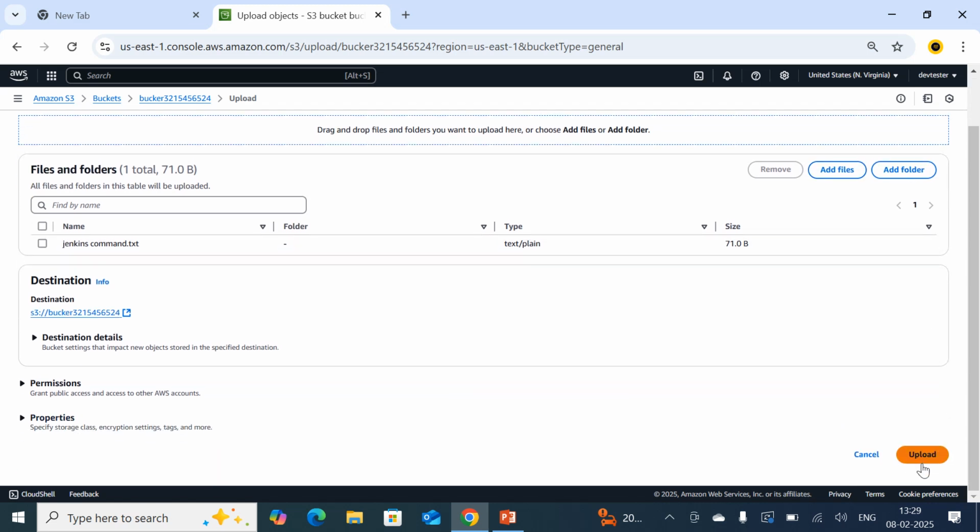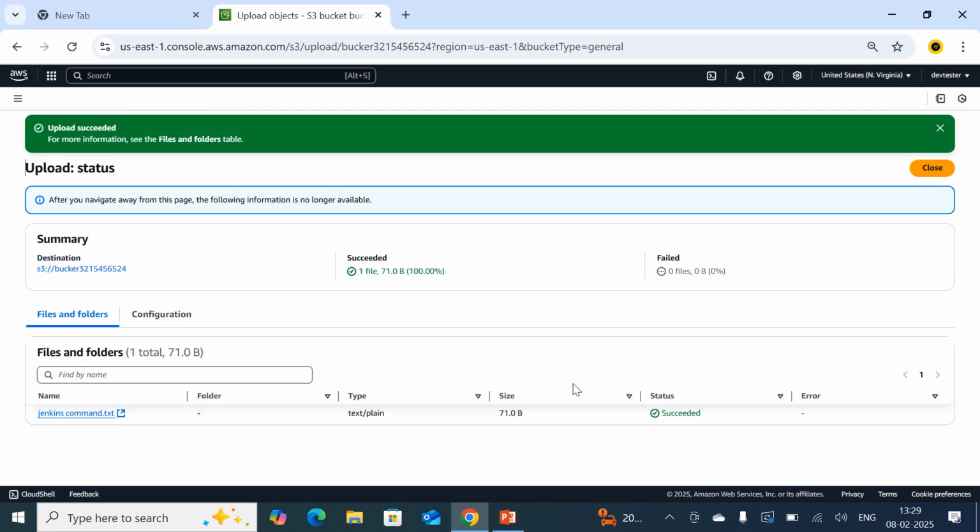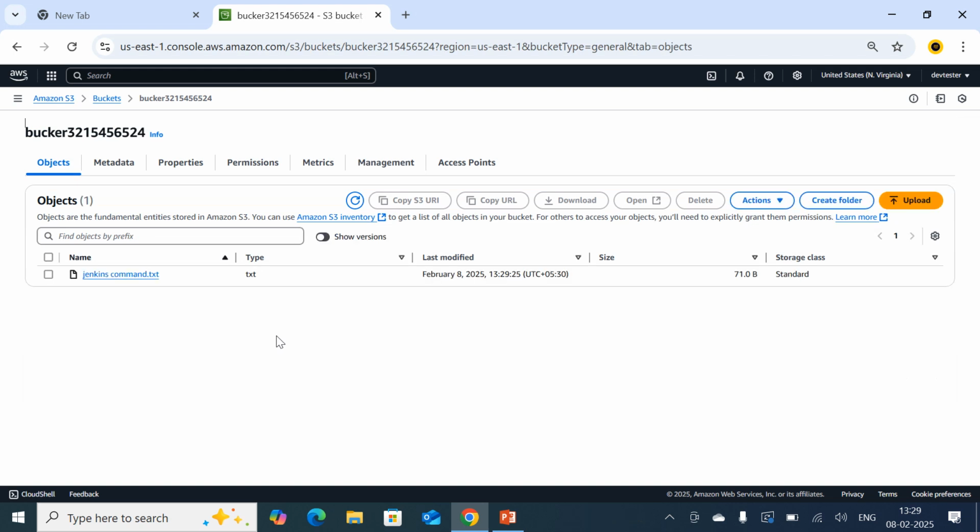So click on open, then click on upload. Then this data will be uploaded into the S3 bucket as an object. So here, are you able to see the status? Succeeded. Just close. Here, are you able to see the data which I have on my local machine has been successfully uploaded into the S3 bucket.